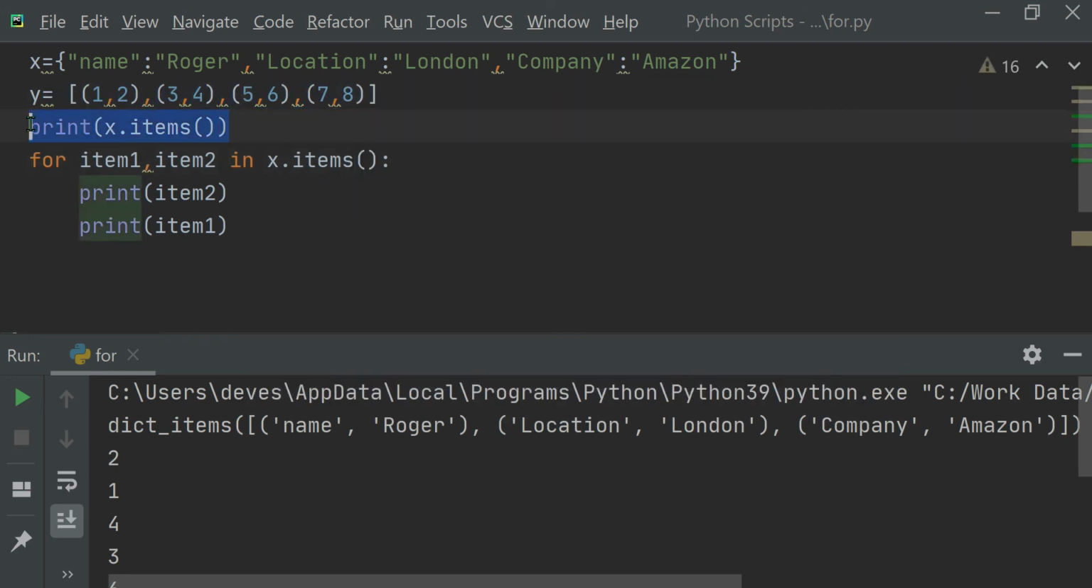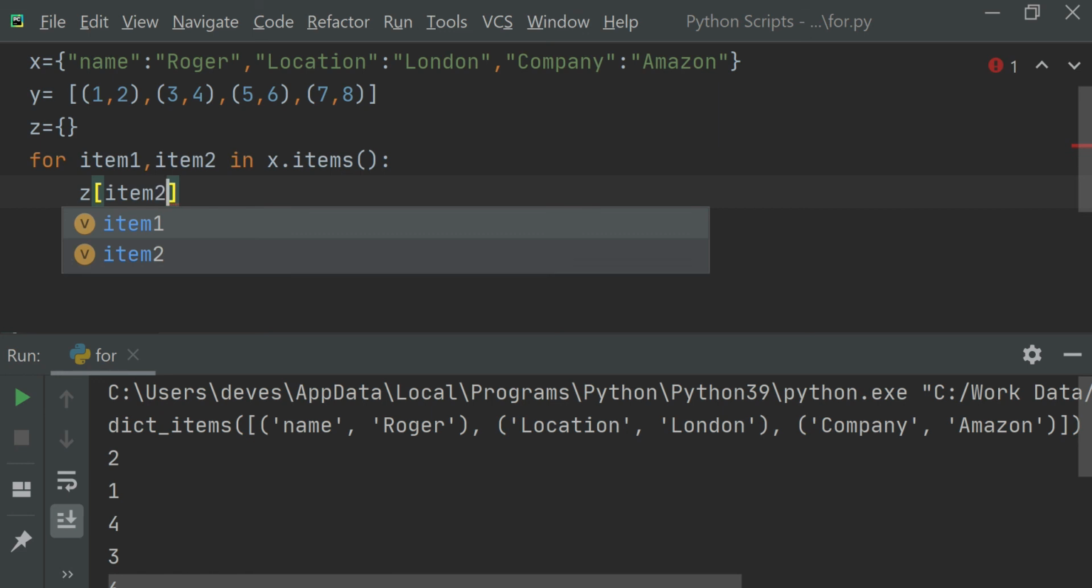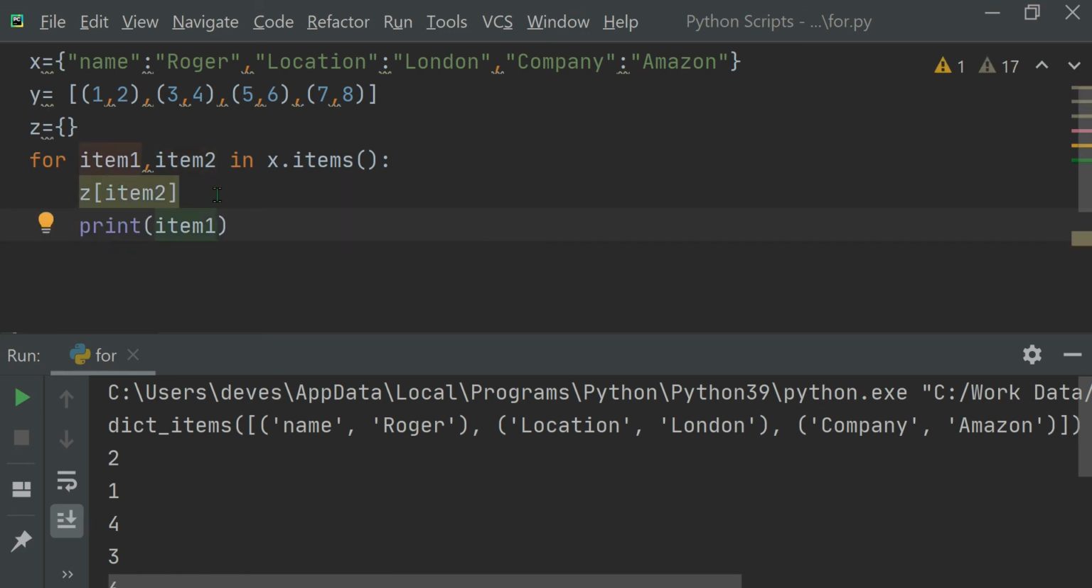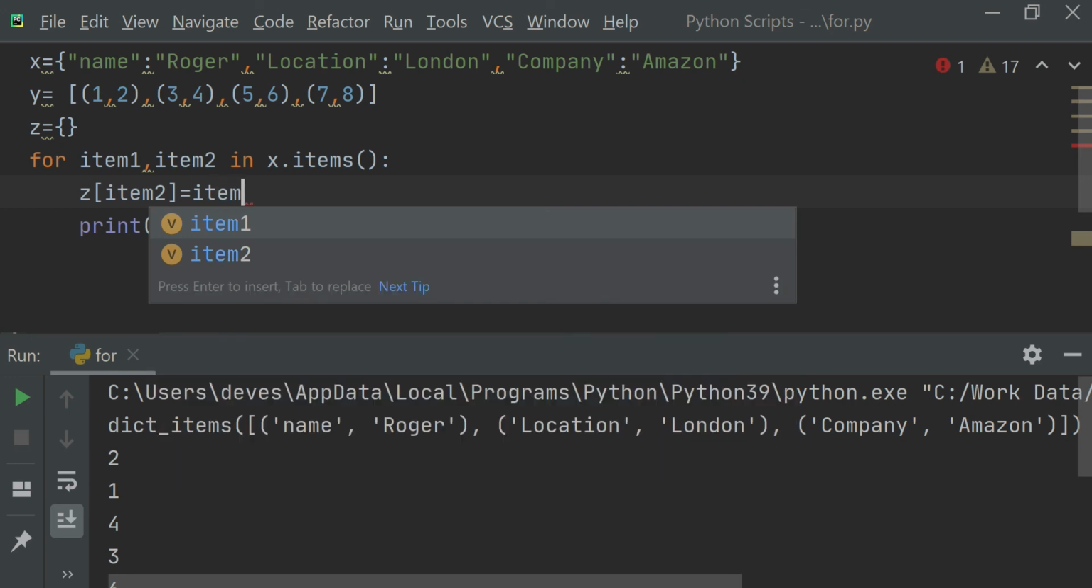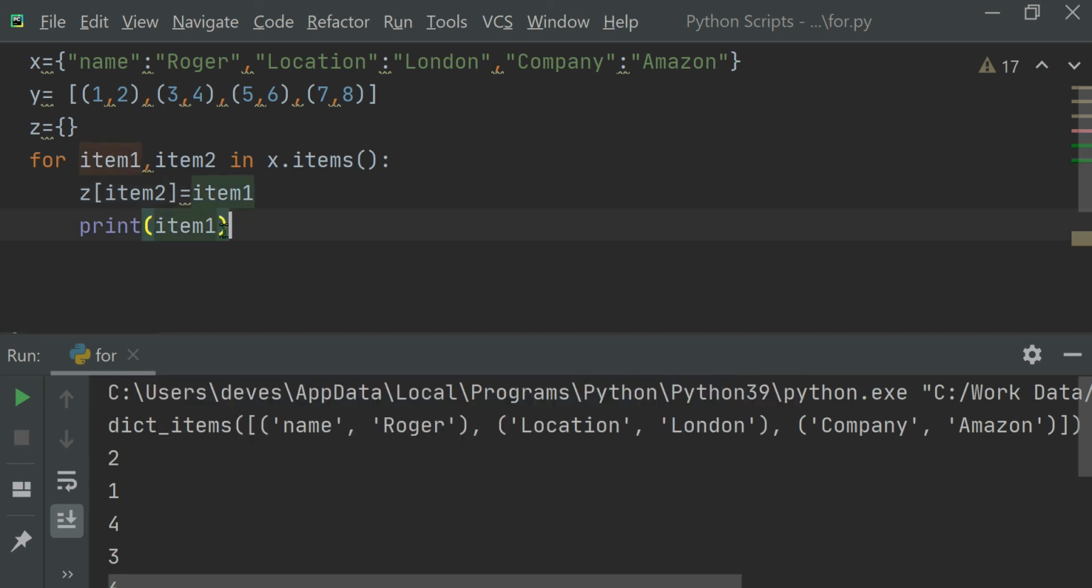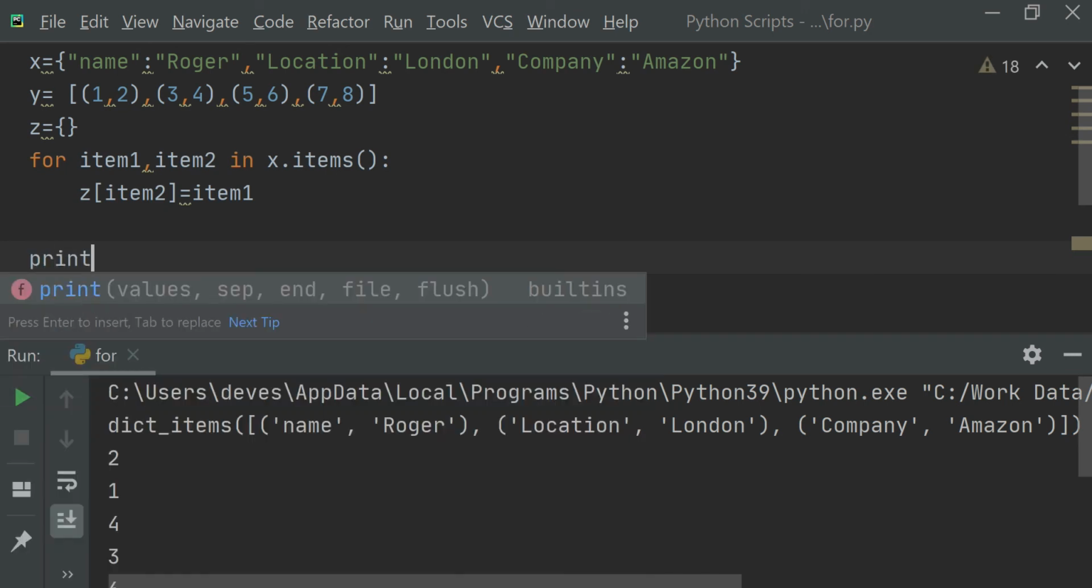Let's remove this from here. It's no longer required. And what I'm going to say is I'm going to make this as key. Let's take an empty dictionary here that says z is equal to empty dictionary. And I'm going to say z, and let's make this item 2 as key, and let item 1 be the value. Okay, and after this entire iteration is complete, outside this for loop I'm going to write print